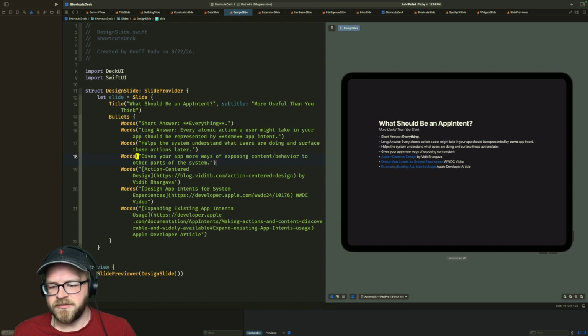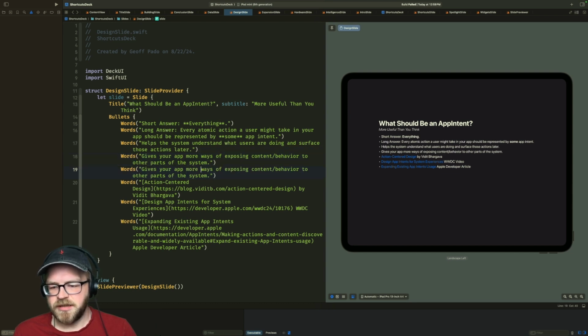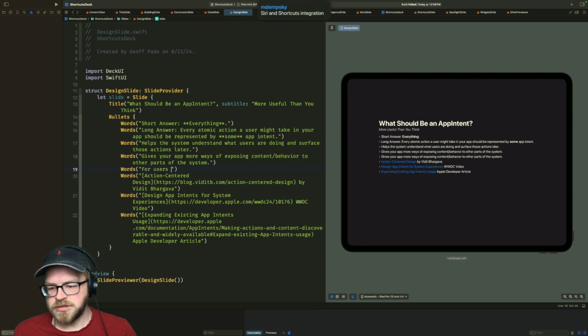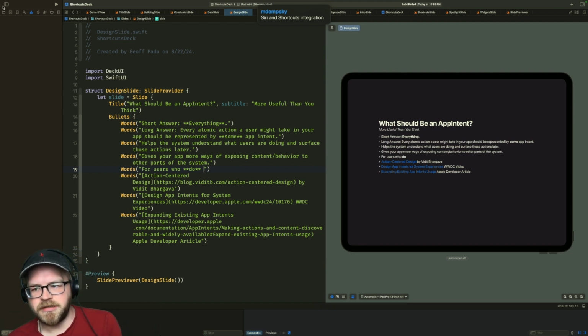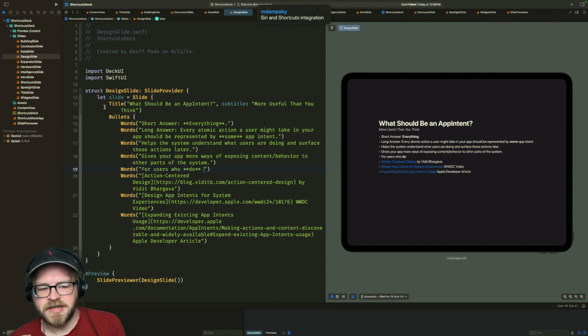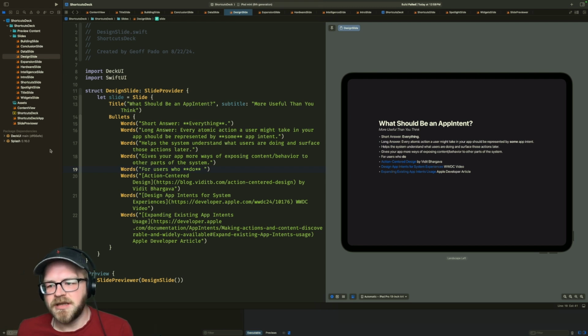And then I guess a third one that I thought of just now is, for users who do use app shortcuts, shortcuts integration. So this entire talk is about all of the individual ways, because a lot of developers think of app intents as just the shortcuts thing.